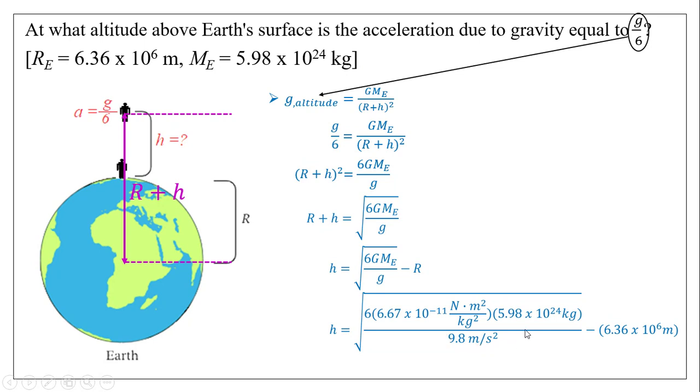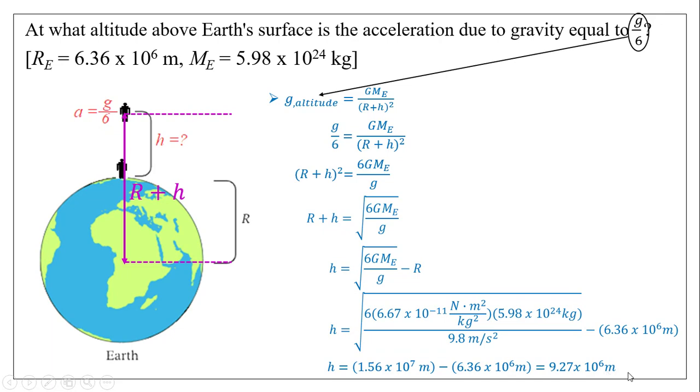So you notice here, everything underneath the radical is already substituted out, and then it says minus r. Well, I know what r is. R is 6.367 times 10 to the 6 meters. So if you simplify everything underneath the radical, you should get a value of about 1.56 times 10 to the 7th. So if you punch all this stuff in your calculator and then take the square root of it, you should get about 1.56 times 10 to the 7th. And then you're still going to subtract r, which is 6.36 times 10 to the 6. So if you take the difference here, you should get about 9.27 times 10 to the 6, which is essentially